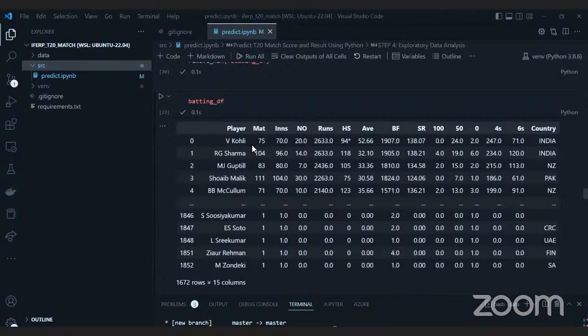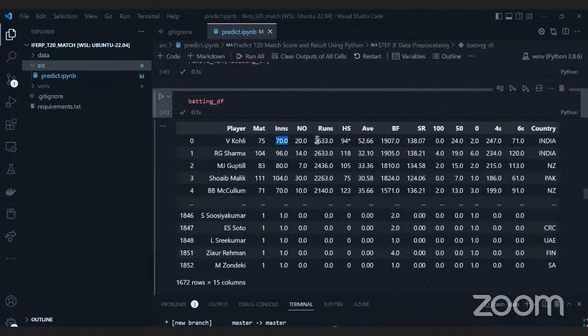Now, according to this data set, Virat Kohli has played 70 innings but has total runs 2633. Now he has played less number of innings as compared to Rohit Sharma, but he has the same number of runs. So we need to do something in order to normalize the score. Virat Kohli has scored the same amount of runs in much less innings as compared to Rohit Sharma. So obviously he's a better player than Rohit Sharma. Now, we need to normalize the score. So what we can do is